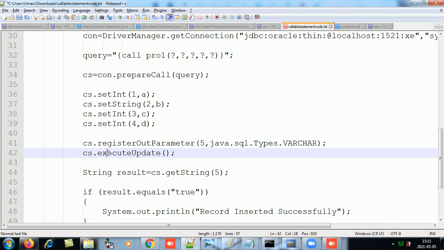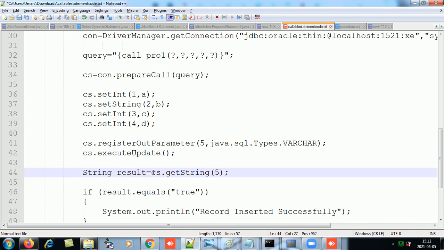And now execute update, because it is a non-select query. Once we execute the update, the fifth parameter will get the value. So we read the fifth value and store it in which variable? Result. Because it's of type varchar, and for varchar we have String in Java, so we have String result.